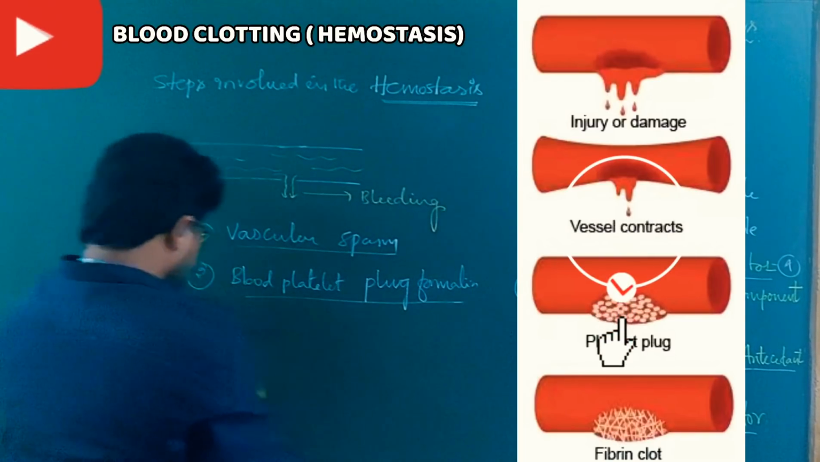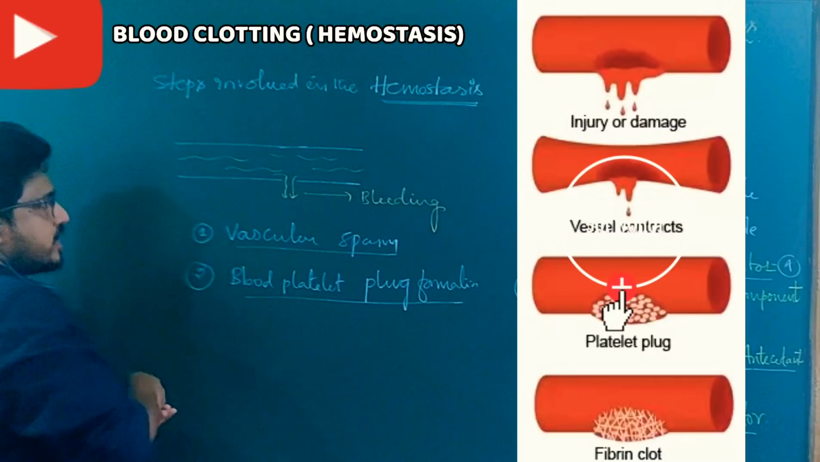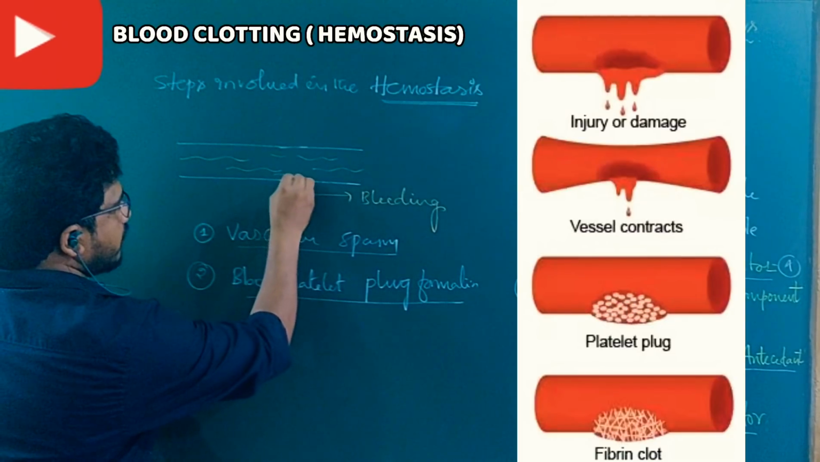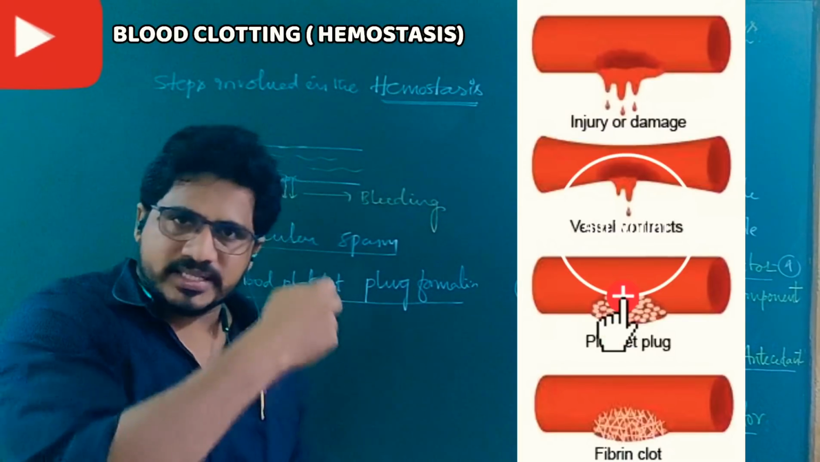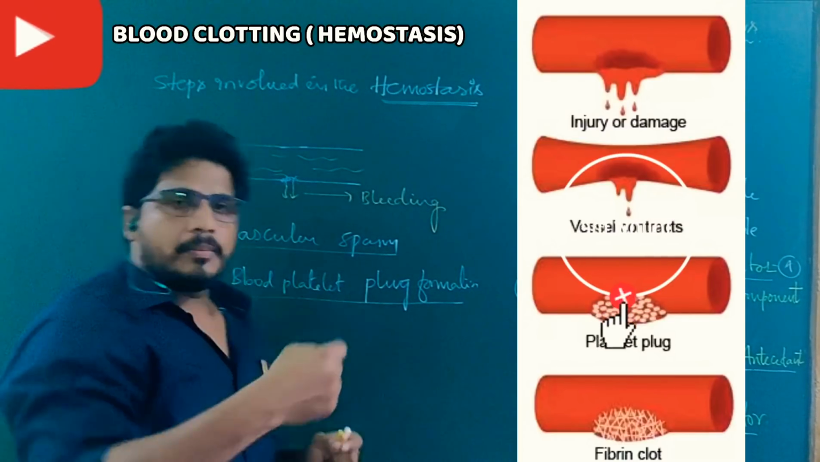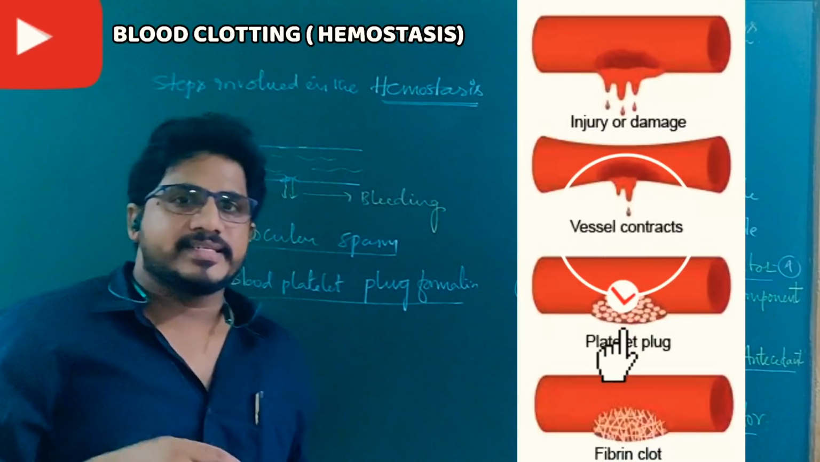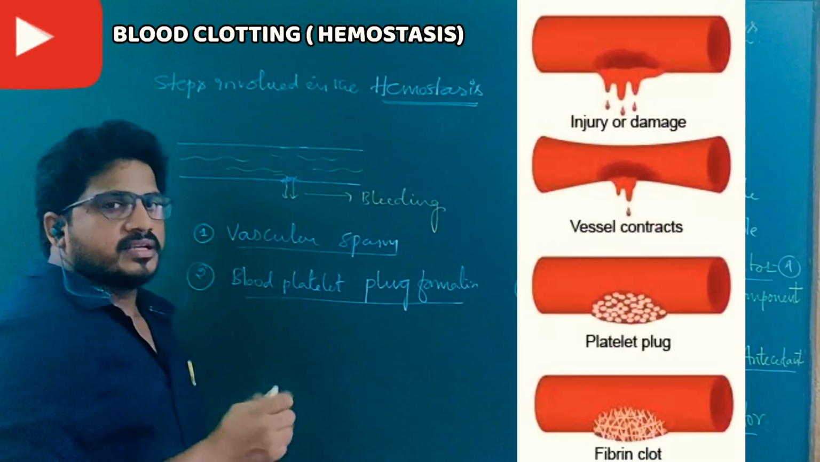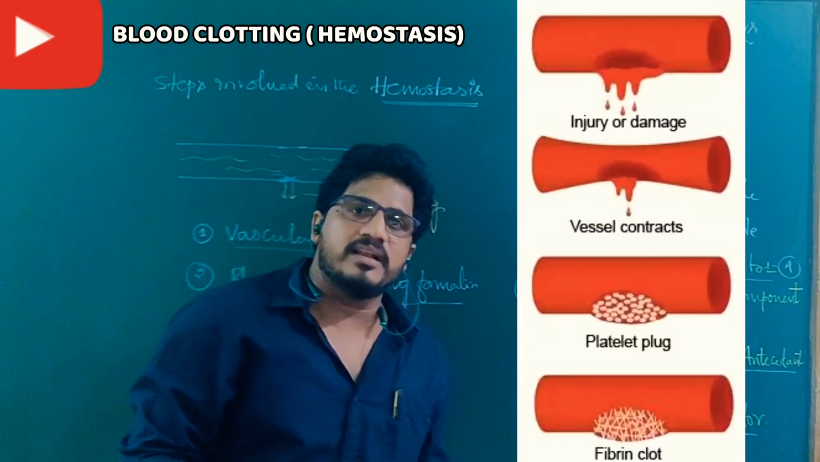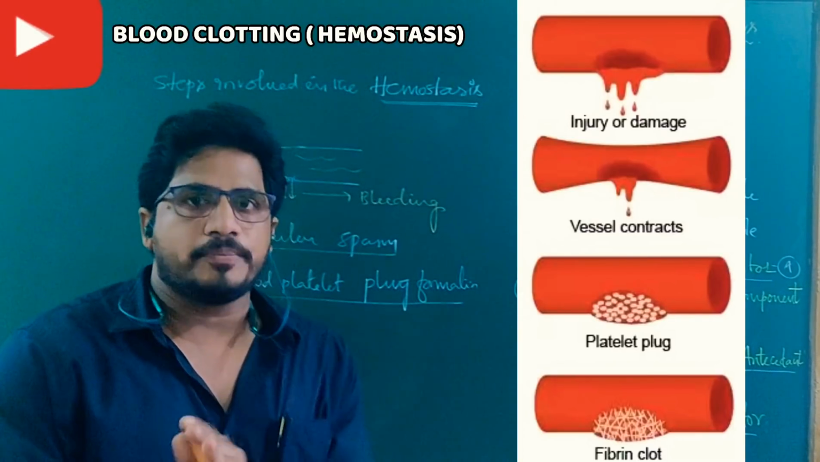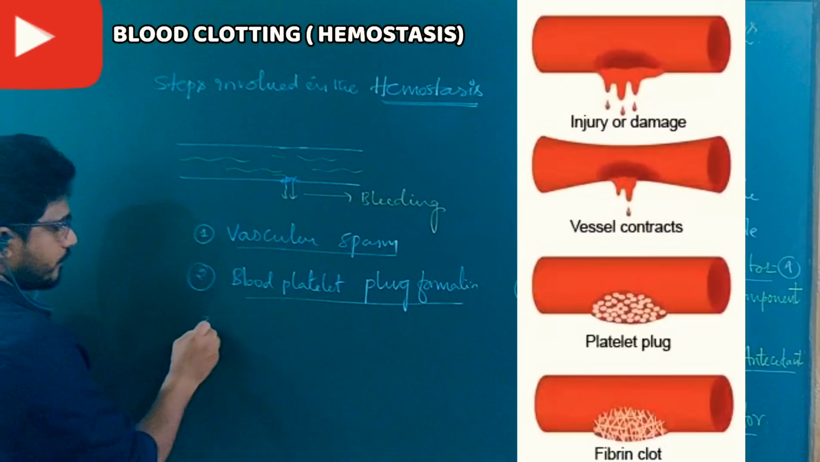So all blood platelets in the bloodstream come over here and form a plug, so that the blood flow, meaning the bleeding, decreases again. By these two processes, the blood flow going out of the blood vessel decreases but does not stop. Now the very final step, that is